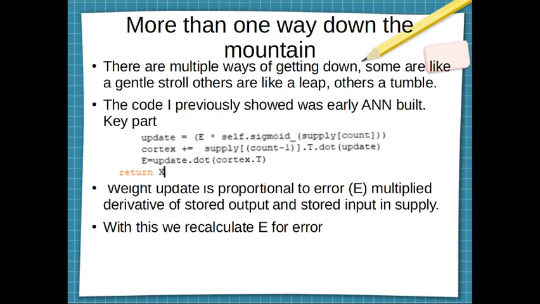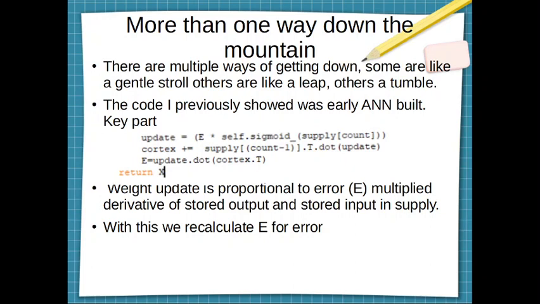Now, I'm going to make my argument that this is some scrappy code that I'd written a while ago. You can see E for error. You've got the derivative of the sigmoid, and the supply is basically a list representing what the neuron's done in the last forward propagation. And then doing the back propagation, it's going backwards through its layers, which is why I say the metaphor doesn't break down